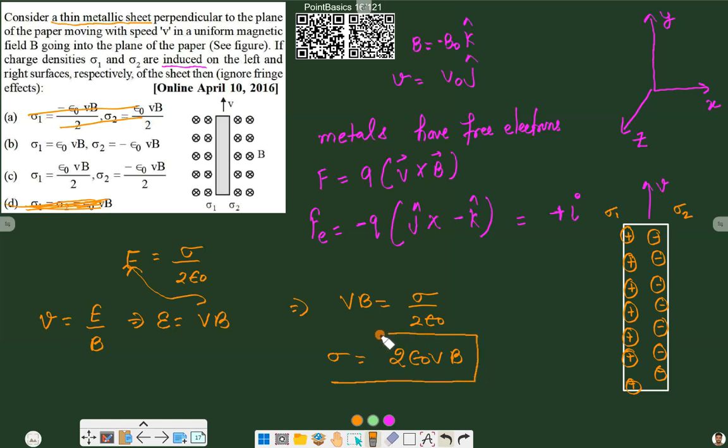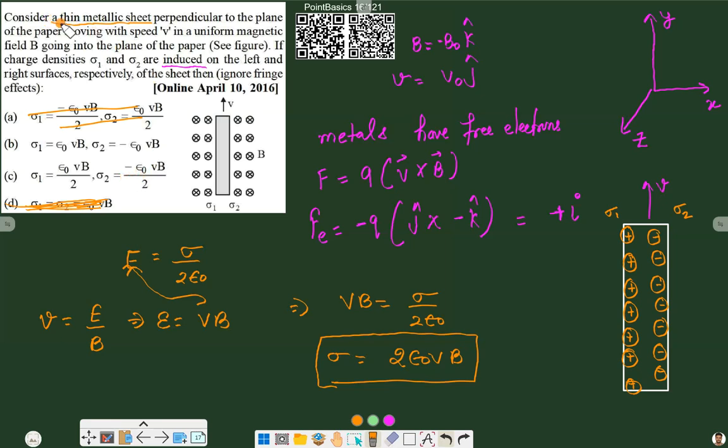This will be the magnitude of sigma, and we have the signs already available with us. So sigma 1 will be positive 2 epsilon naught VB and sigma 2 will be negative 2 epsilon naught VB. Now we don't have any such option here. For that, it is possible that